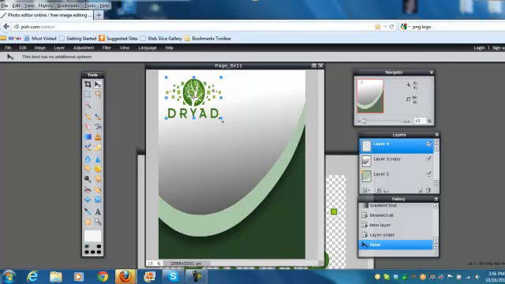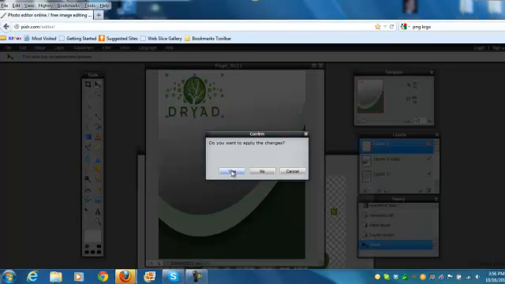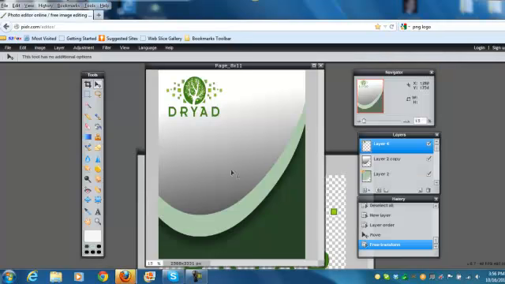The company is Dryad. Okay, we'll pretend this is a client. Yes, I want to apply the changes, and there we go. Okay, now I'm going to click the text tool, and down here on the bottom